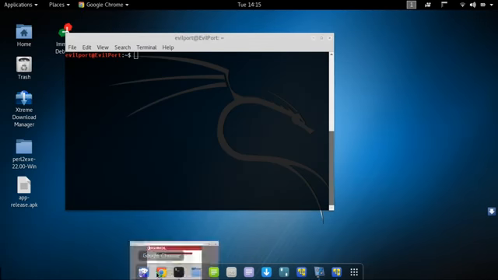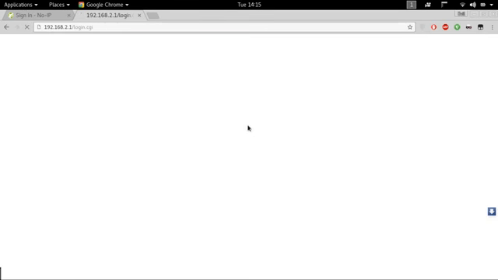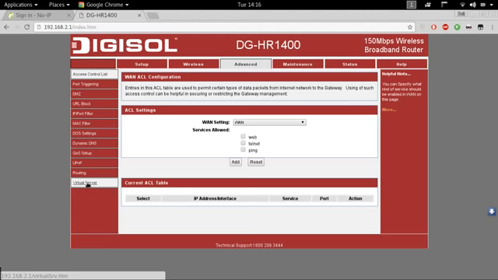So to do that, you need to go to your router's login page. This is my login page in my case, and I will log in here. Under the advanced tab, look for this virtual server. For your case it might be port forwarding, but in my case it is a virtual server, so I'll be clicking it here,